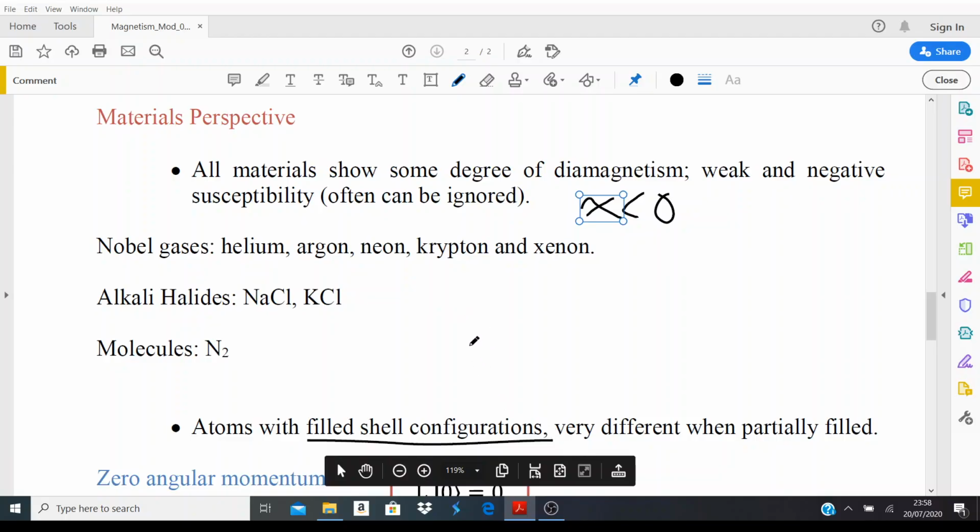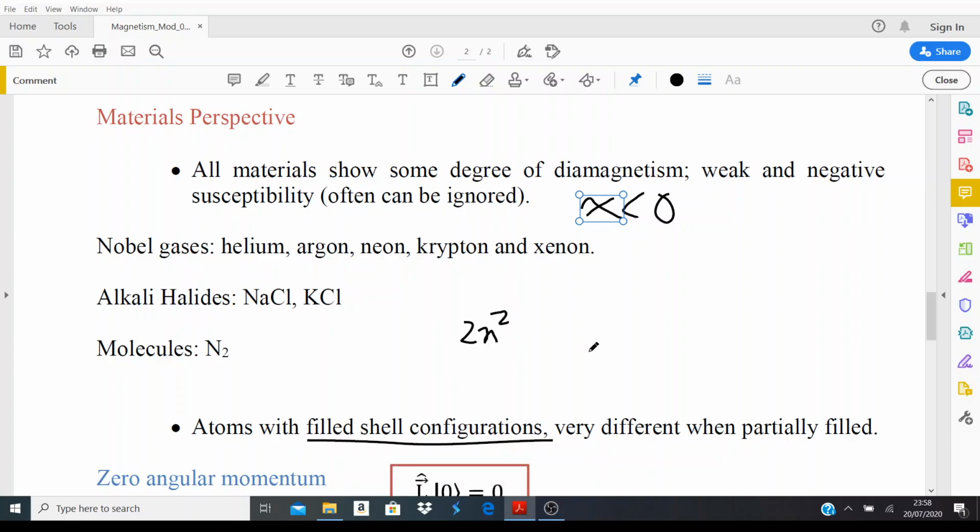It means they have 2n squared, right? You already know from your, I don't know, first year physics that in the first energy level there are 2 electrons at most, and then there are 8 electrons, right? So if the electronic shells are filled according to this law,